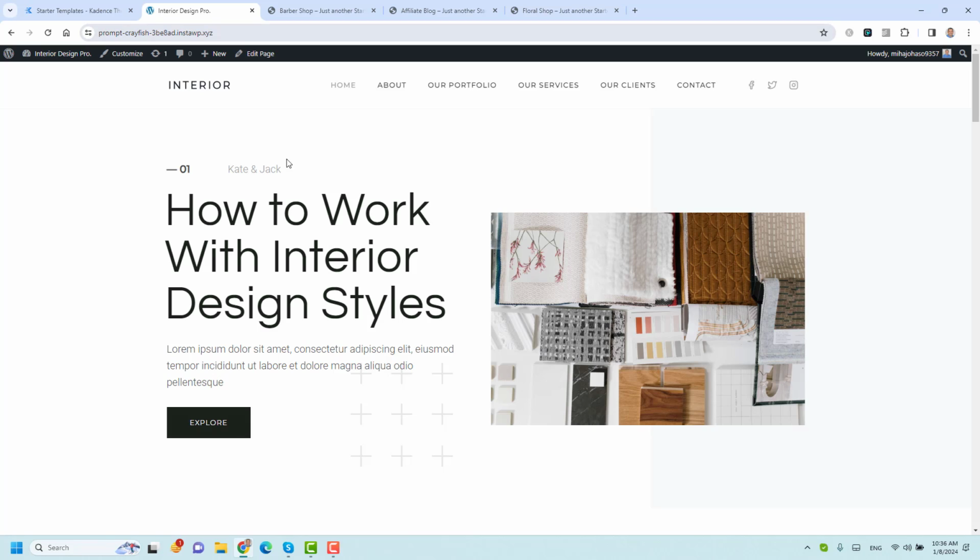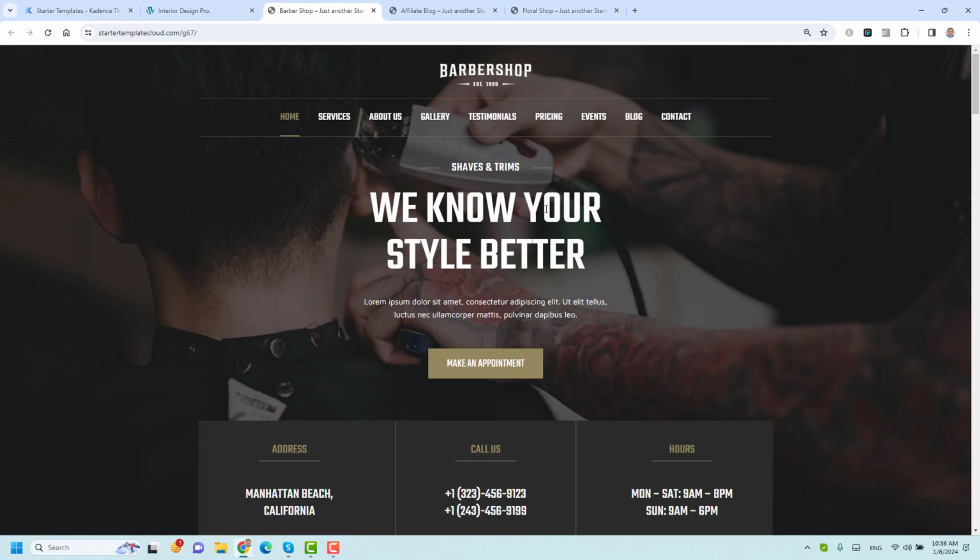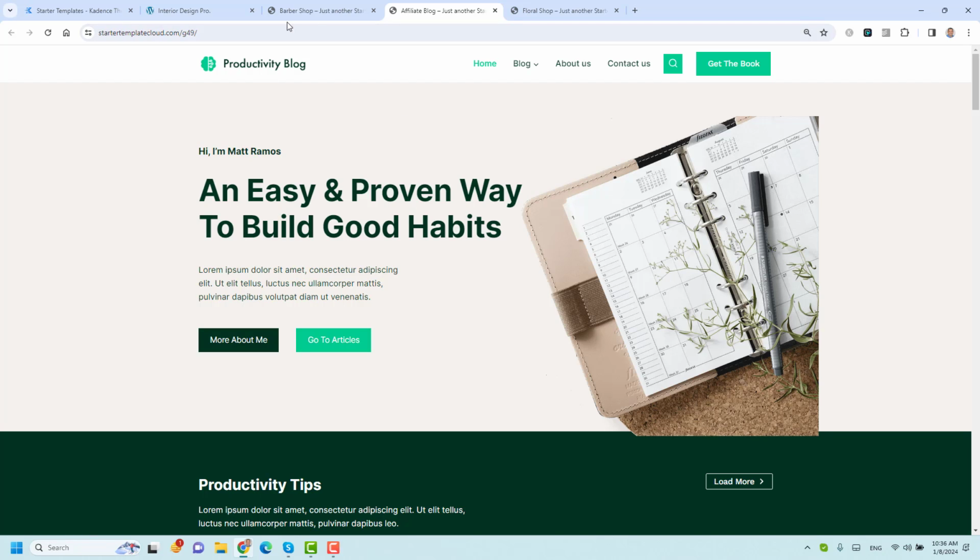For example, you can use the header builder that comes for free actually with Kadence theme to build this type of headers where you can have everything center-aligned. For example, you can have your menu here at the top of your website pages center-aligned and also your logo center-aligned. And also you can create this type of headers where you can add a call to action button here